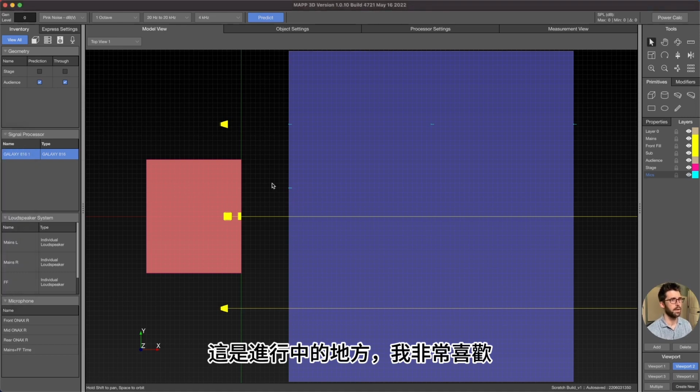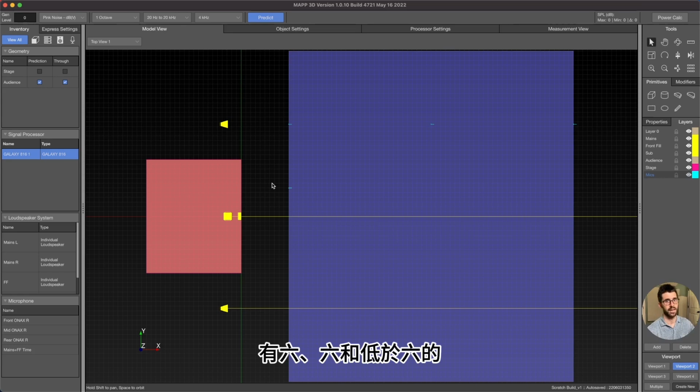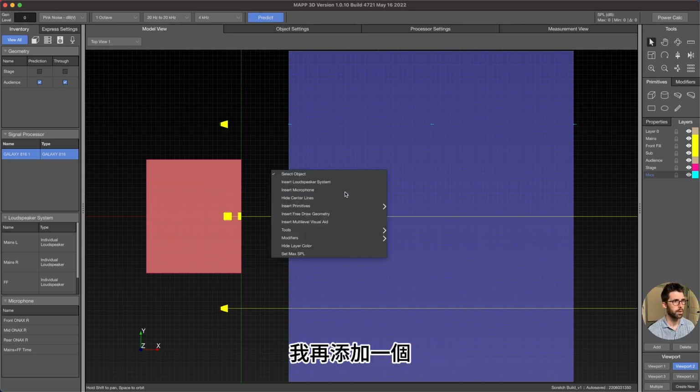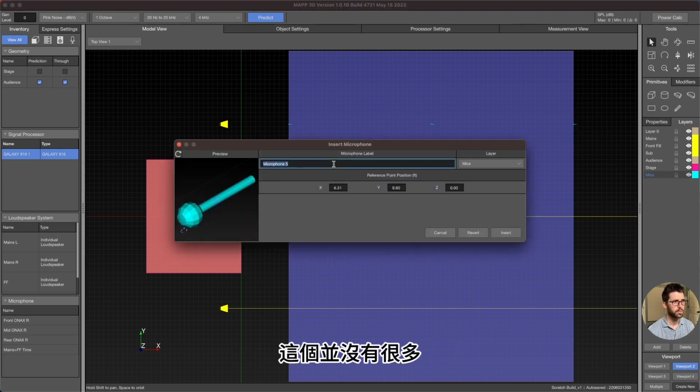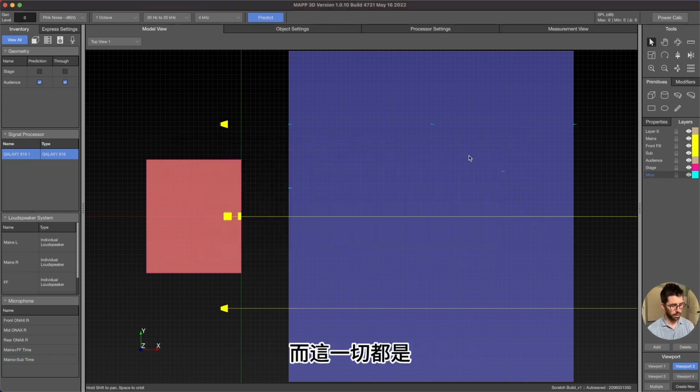So I love that SPL feature of being able to have the 6 and lower than 6 decibel drop off. It really helps with alignment. Then also for mains to sub, I'll add one more. This one doesn't have a whole lot of magic on it since mains and sub are on a similar X plane. 55, 9.5, 4. And all this is